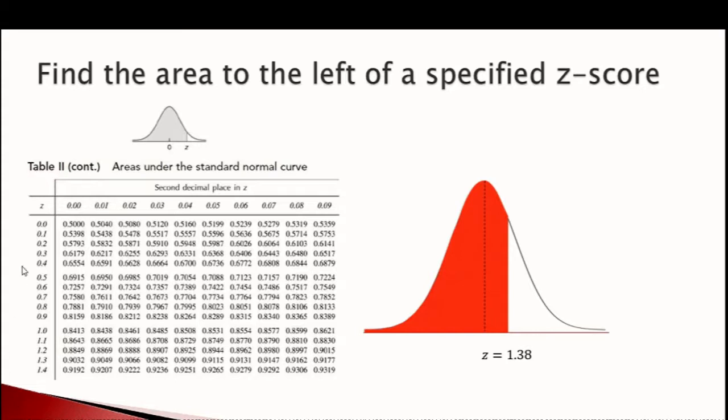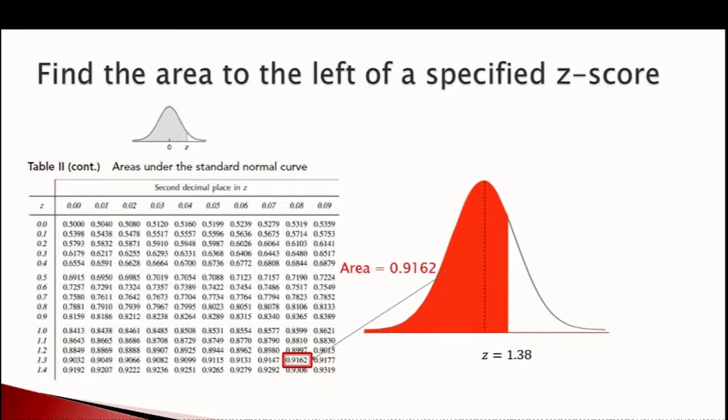I would go down the outer column to 1.3 as I can see right here, and then go to the right to match the top value, the second decimal place of z, 0.08, because 1.3 plus 0.08 makes 1.38, and I can see the area given is